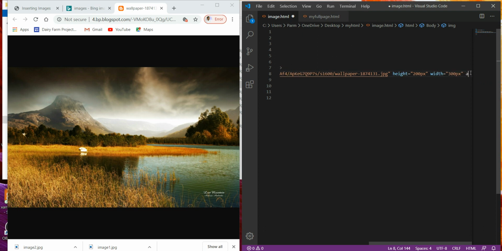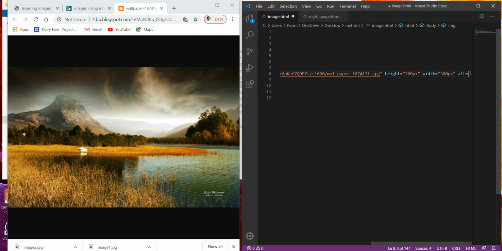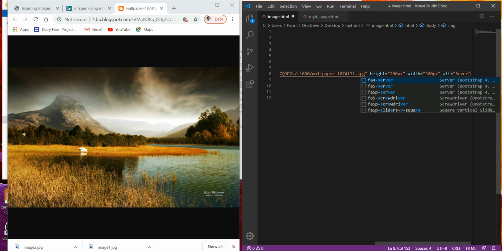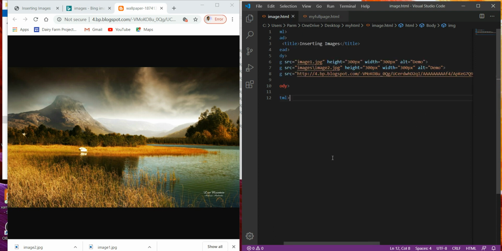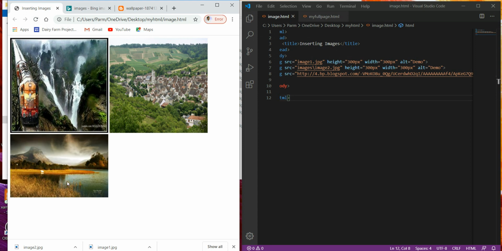Then we give the alt attribute equal to servers. Save it and refresh. This image, located on another server, has been inserted, and this is the complete path of the image that we inserted.